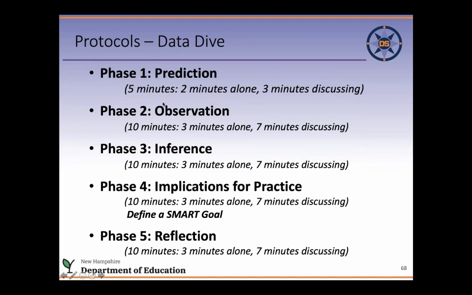The first phase, you just predict what you're going to see. You don't have the data yet. Somebody will explain what you're going to get. You're going to get third grade math, and you'll see each student. And everybody will silently think about what they think they're going to see, and then they talk about it. And this can get rid of some biases. It can get you thinking about the data, so it gets you in the right frame of mind, and it just gets things moving. After you do the prediction, you will look at the data.